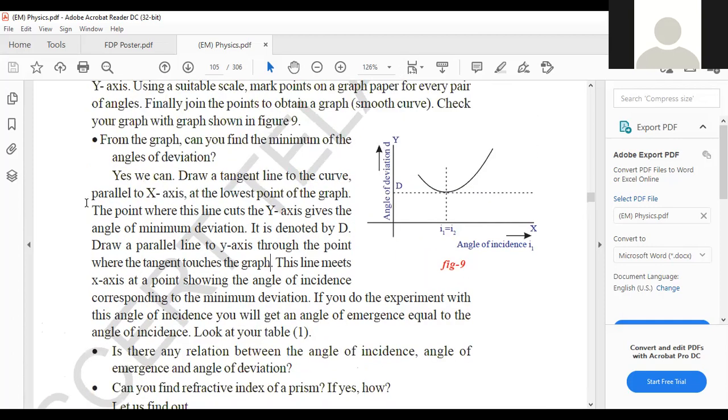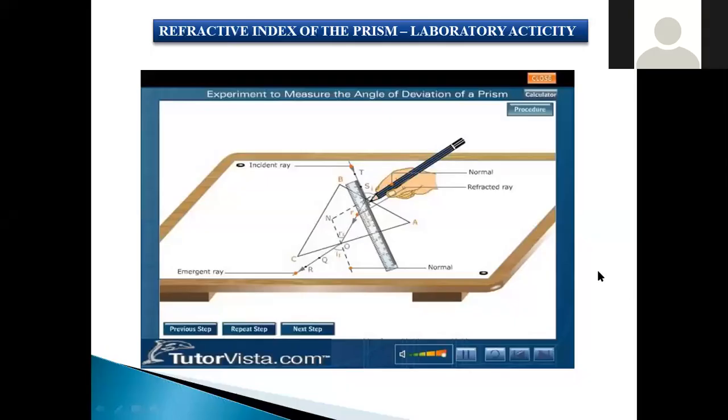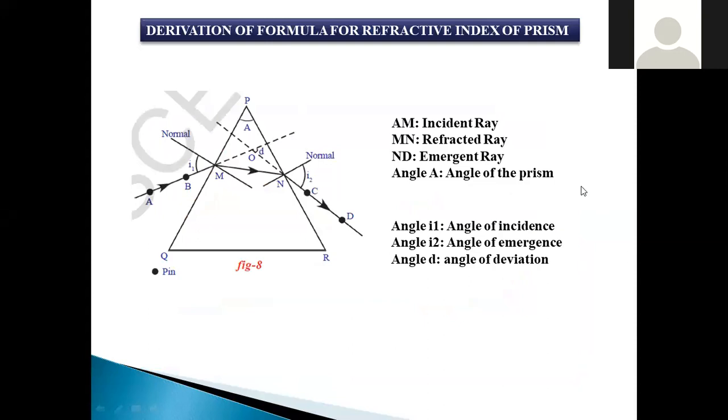Now what we are going to do is derive the equation of refractive index, right? So the derivation of refractive index is going to be done. Before that, let us simplify this prism and the parameters which are associated with this prism. As we already know, there is an initial line touching the prism at the point M. The point M where the straight line is touching is said to be the line of incidence. On this line of incidence we have 2 points, one called A and the second called B.